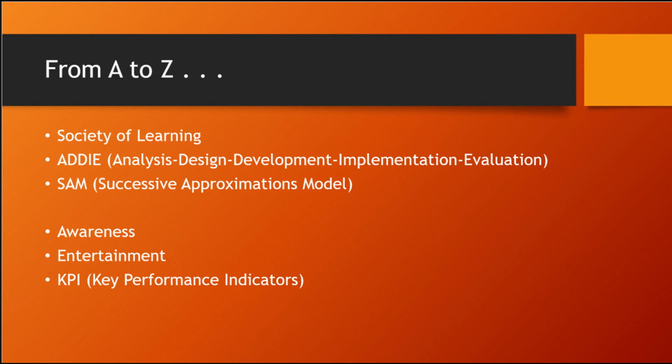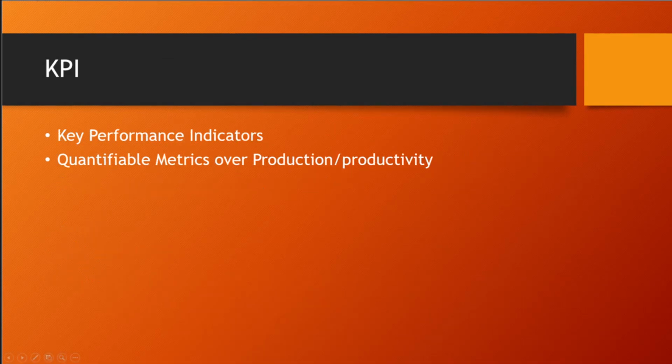So let's dive a little further into the key performance indicators. So essentially, a key performance indicator is usually a quantifiable metric. And I say overproduction or overproductivity. So you have heard in the past soft skills and hard skills. It's a little old-fashioned, but it continues to exist. And the way those help us define what we do in training is, when we talk about production, we're looking